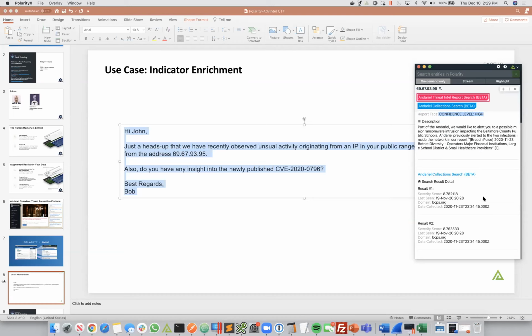So I'm able to see in this case, right, we have information from the botnet data set coming back that actually confirms that this IP is a compromised host within that Baltimore County Public School organization, right? And I can see severity scores, when it was seen and when it was last seen and when it was collected, right? So this actually gives me access into the raw data to confirm that this particular IP is part of a